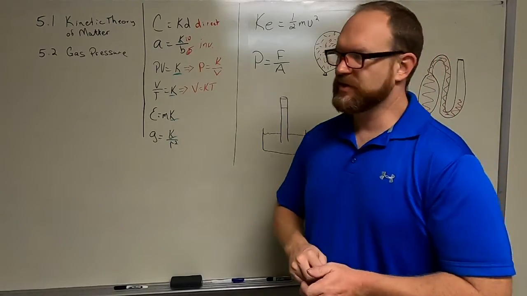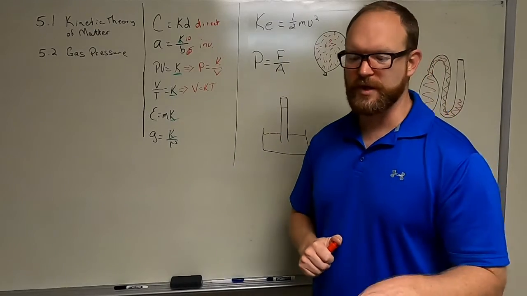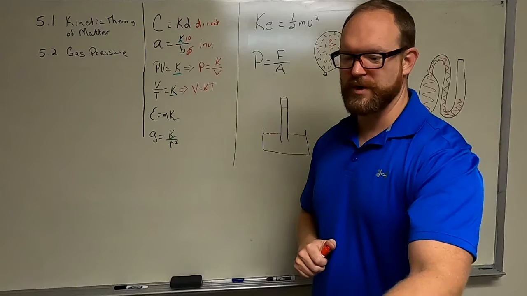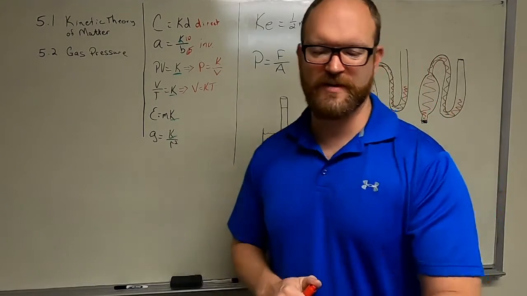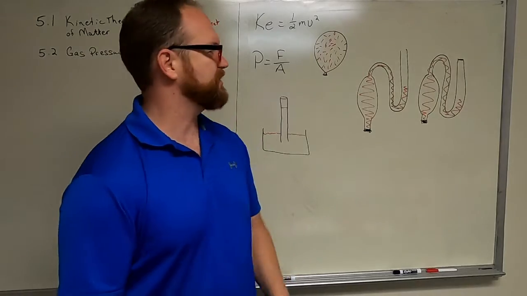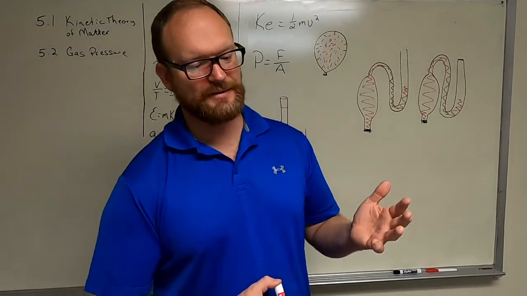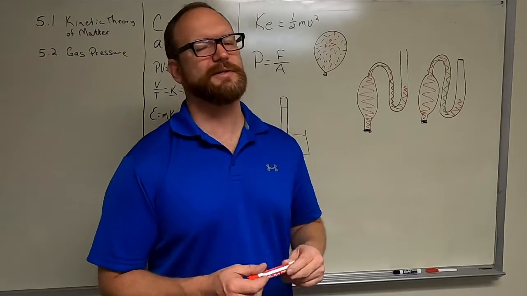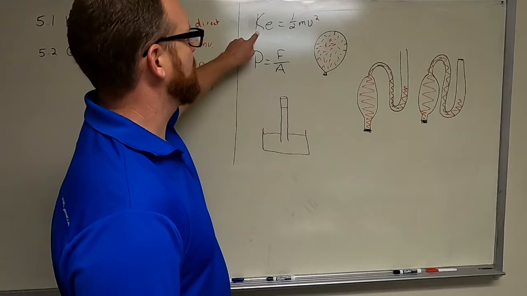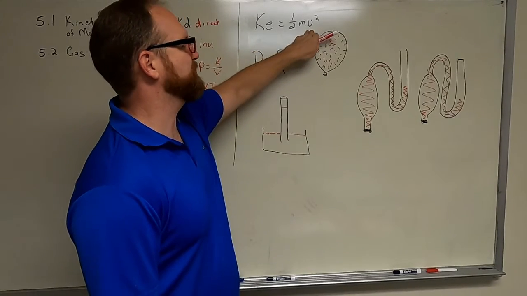All right, so that's going to cover real quick the introduction into gases and the kinetic theory of matter. We want to real quick go over something else here, and that's 5.2 gas pressure. We'll try to be a little quicker with this, but understanding what gas pressure is. Since gas molecules are in constant rapid motion, they have what's called kinetic energy. And kinetic energy is simply given to us by the formula KE equals 1/2 mass times velocity